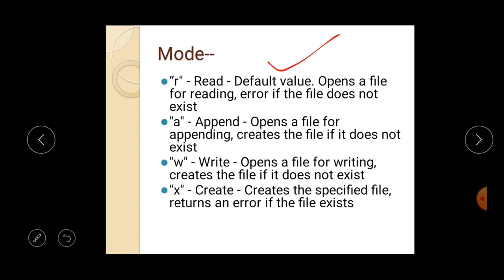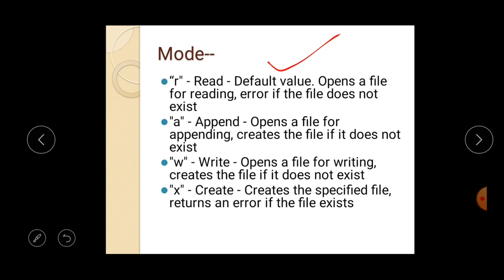Before starting with the append mode, I want to discuss the write mode. When you open a file in the write mode, the file opens and gives the user permission to write anything in the file. And if the file does not exist in the memory, then what will happen? A new file will be created by the compiler.